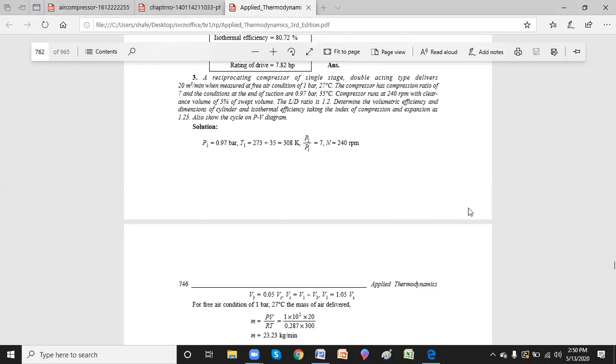Let me just have a recap. We already discussed the basics of compressors, classification of compressors, the working of a reciprocating compressor, work done without clearance volume, work done with clearance volume, multi-stage compression and its advantage over single-stage, and the expressions for the same. We also discussed parameters like volumetric efficiency, clearance ratio, isothermal efficiency and mechanical efficiency. Everything will be taken into account, and we will solve some more problems in the next class.